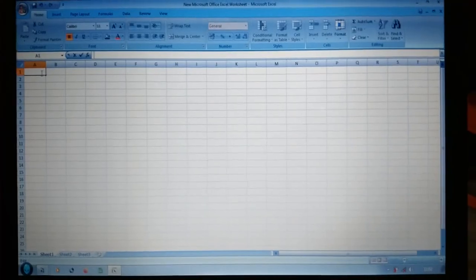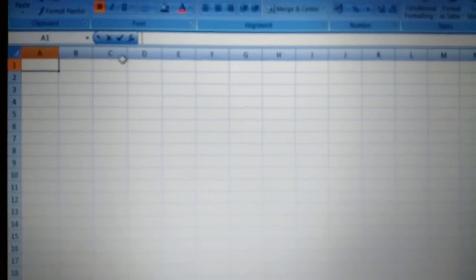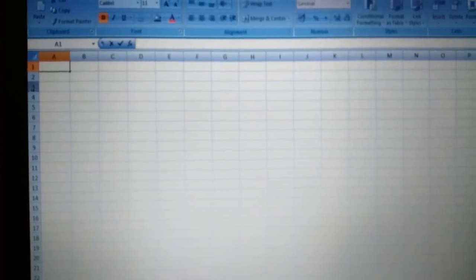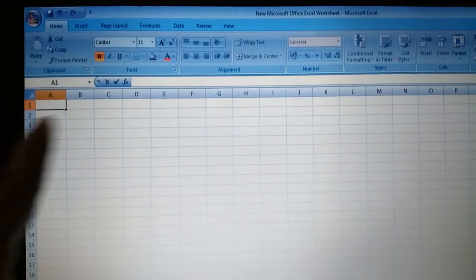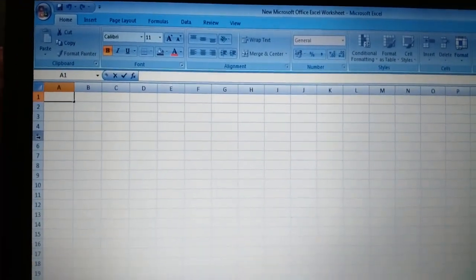Let's come to the sheet. Here you can see these are the columns A, B, C, D, and these are the rows 1, 2, 3, 4.